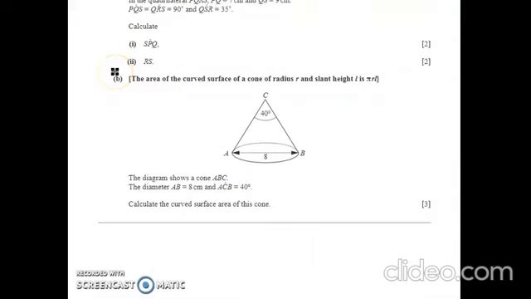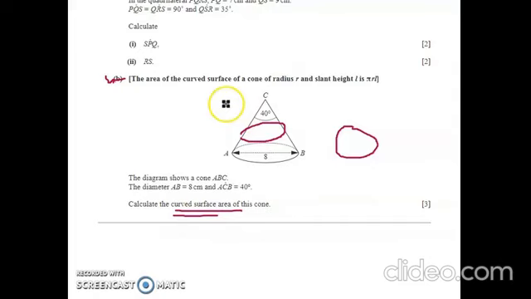Now we will be doing this question, and I'm only doing this so that we understand what curved surface area is. Now, this is a cone. It has a circle, and then it has this area. We can compare it with an ice cream cone, where the circle part is not there. So the remaining part that we talk about is known as the curved surface area.